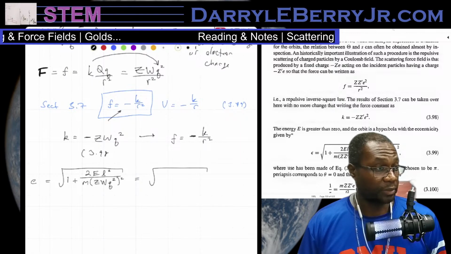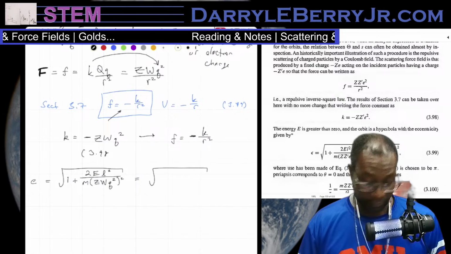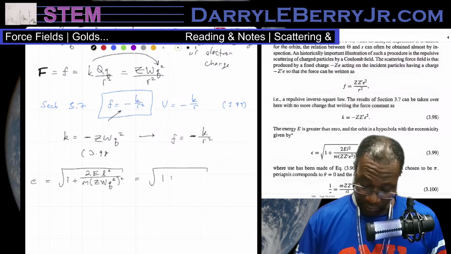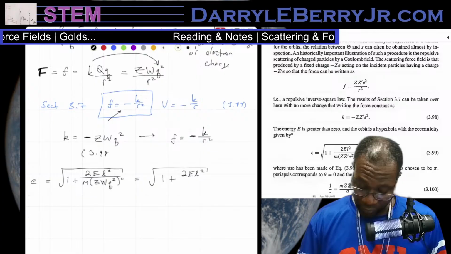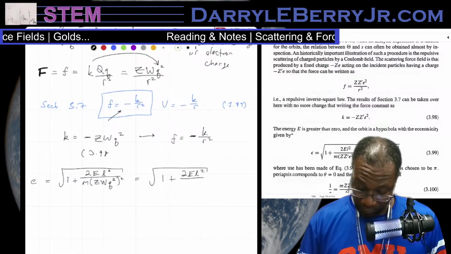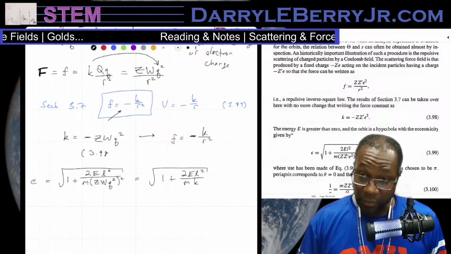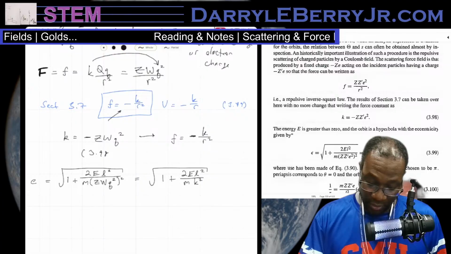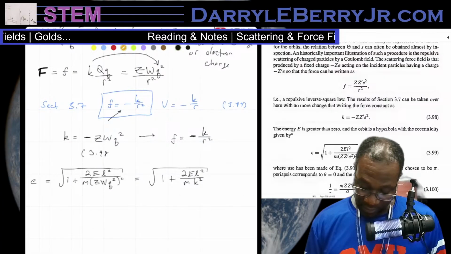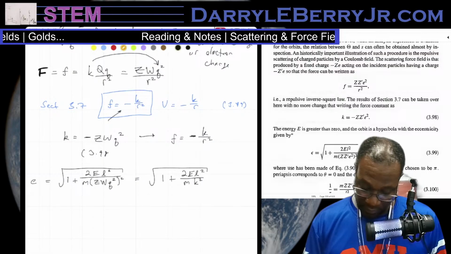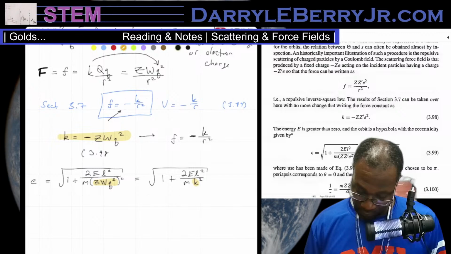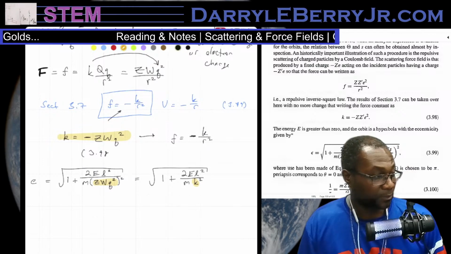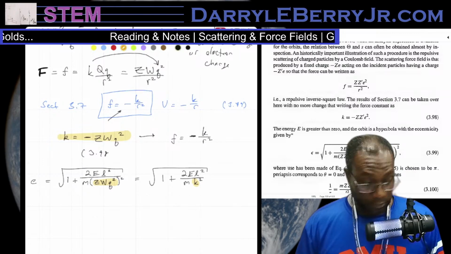and comparing both the notes from class and the book, 1 plus 2E L squared over m a squared, because a is this, and it was squared, so we're going to remove the negative. So